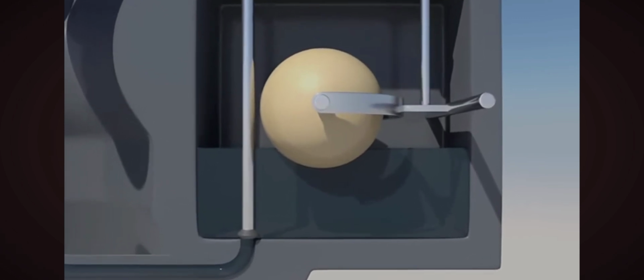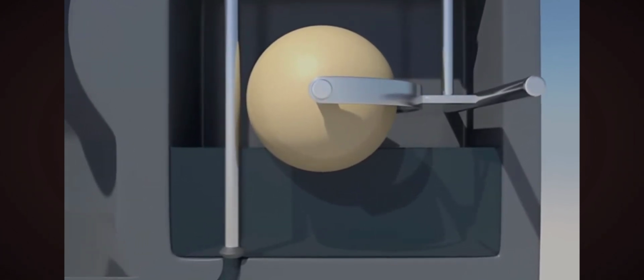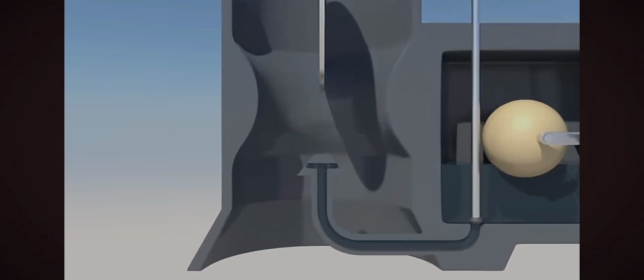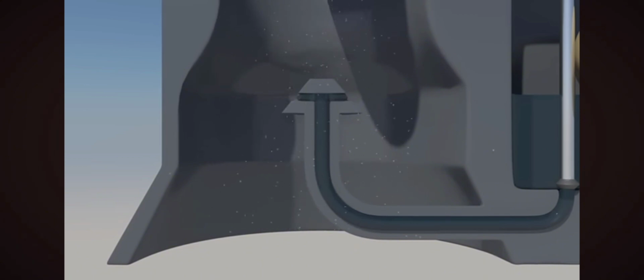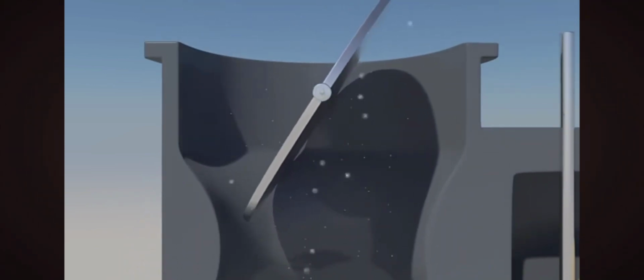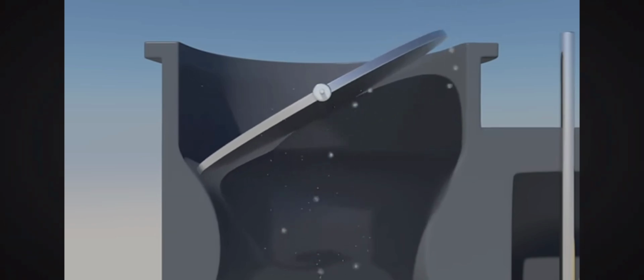Fuel arrives at the carburetor and sits in the float chamber, waiting to be used. To the side of the float chamber is the venturi, which is where the air passes through. As the air passes through the venturi, its velocity increases, which causes the pressure to decrease. Towards the bottom of the venturi, we find a fuel discharge nozzle, which is located near the area of low pressure. This draws the fuel out from the float chamber through the nozzle and mixes it with the air. Just past the venturi is the throttle valve. This controls how much of the fuel-air mixture is being sent to the cylinders,